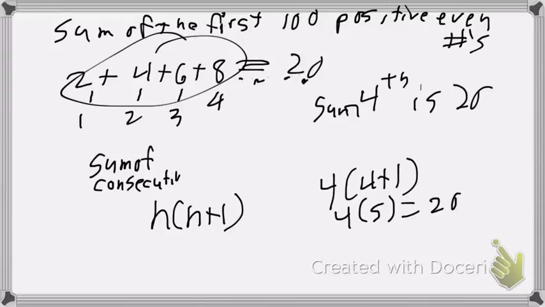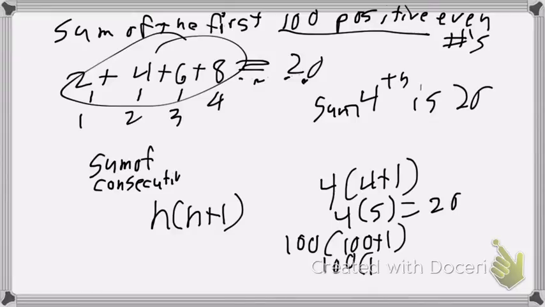So that works. But we're looking for the 100th positive even number, right? So we're going to go 100 times 100 plus 1. And that gives us 100 times 101 equals, we just write 101, tack on those two zeros. So if we add up the first 100 positive even numbers, you would get 10,100. Hope that makes sense. So that leads us to our final set of problems, and that was